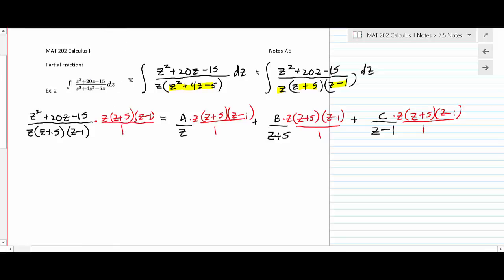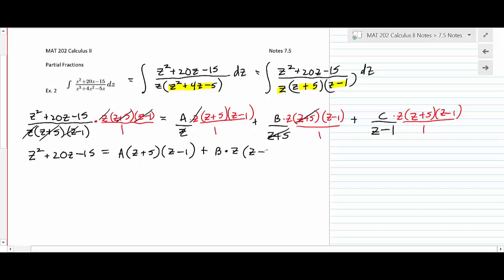So what you're going to have is, of course, everything cancels on the first one. So you're going to be left with z squared plus 20z minus 15 like that. Okay, the next one is the z's that cross out. So you're going to be left with A times z plus 5 times z minus 1. Okay, go to the next one. It's the z plus 5s that cancel. So you've got B times z times z minus 1. Then over here it's the z minus 1 that cancels. So you're going to have